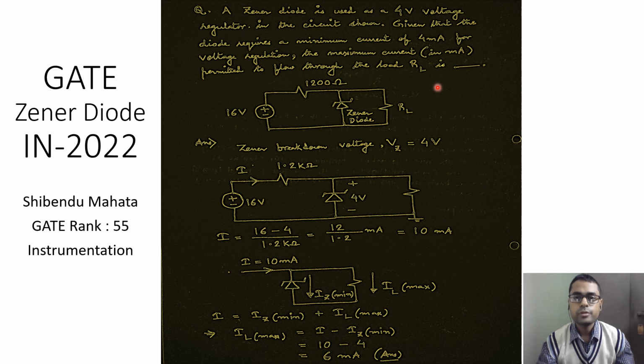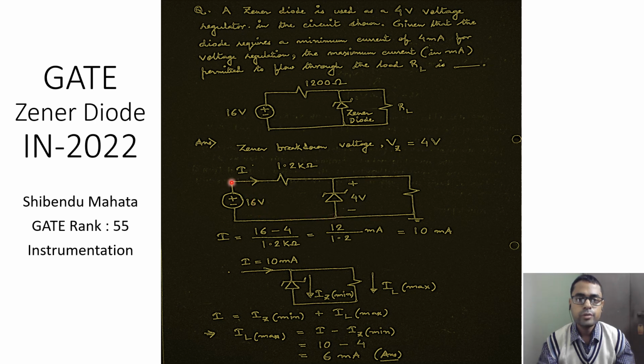So based on the information provided, we know that the Zener breakdown voltage is equal to 4 volts, and as soon as this Zener diode turns on, it conducts a current of 4 milliampere through it. The first thing we can do is turn this 1200 ohms into a 1.2 kilo ohm resistance, and we know that as soon as the Zener diode turns on, it has a voltage of 4 volts across it,